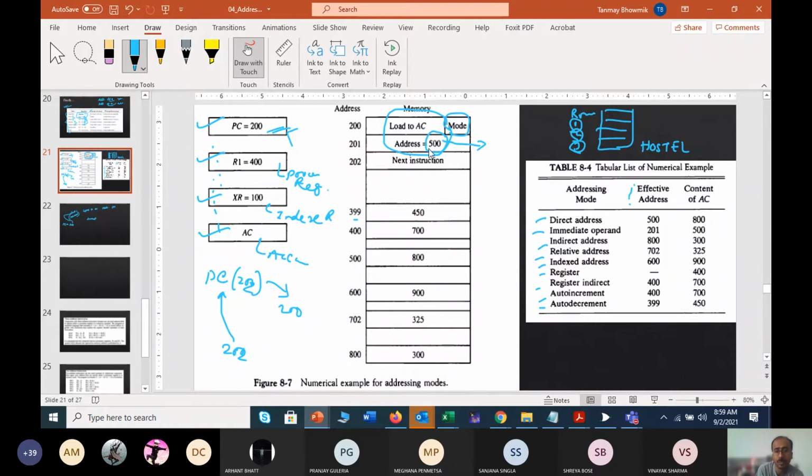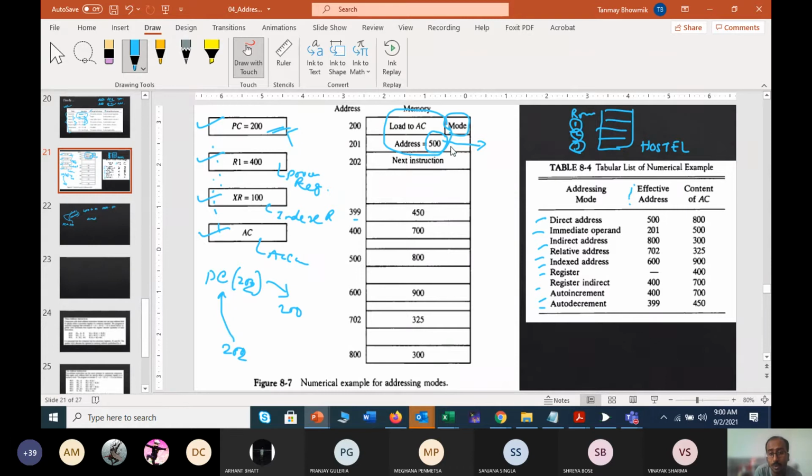Just like when I ask you to give me the copy, you found that this copy has been stored in your hostel room C101. So which should be your effective memory address at that time? You have to go to that room and fetch the data, right? So the effective memory address will be C101, the address of your hostel room. The same thing here. The effective memory address will be this 500.